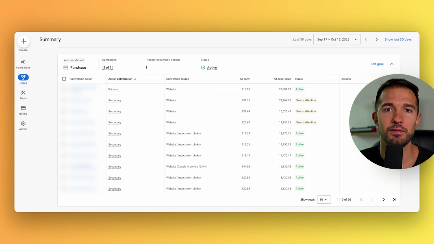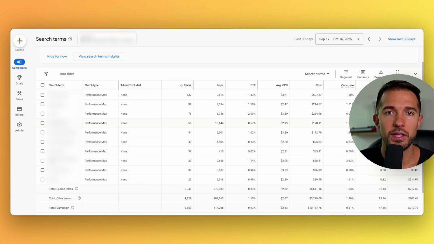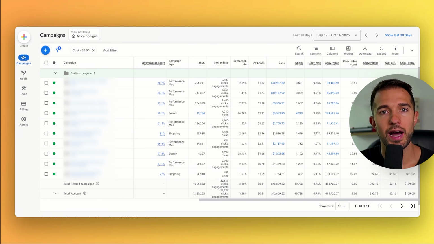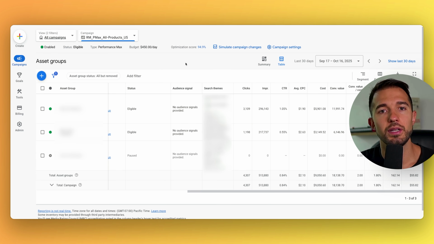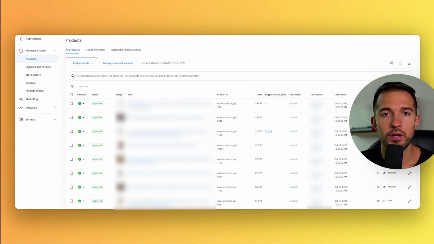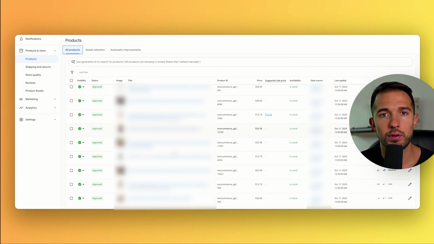Duplicated tracking that's inflating your ROAS, campaign structures that mix branded traffic with non-branded traffic, campaigns competing against each other with high CPCs, Performance Max campaigns stealing credit for branded conversions instead of finding new customers, and Merchant Center errors quietly blocking your products from even showing up. Each of these on its own hurts performance, and together they waste hundreds of thousands of ad spend every single